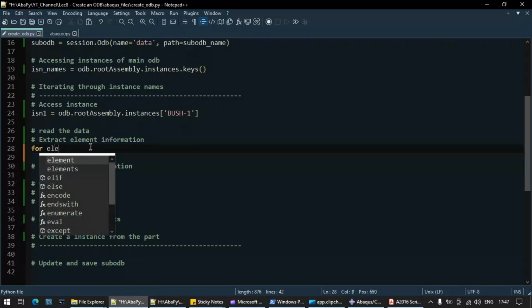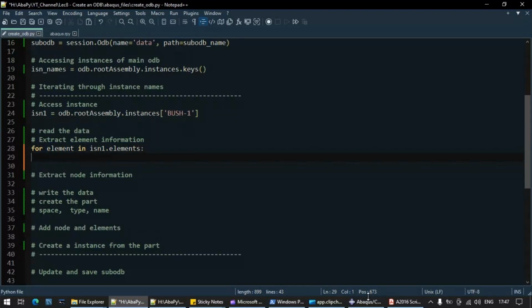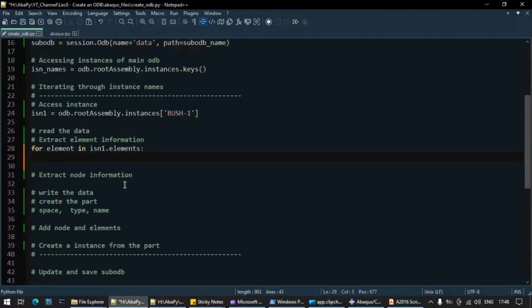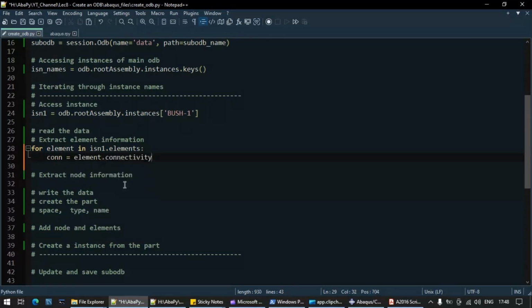So let's write element for element in ISN.element. Okay, then what information do we require? We require connectivity. So how do we write is let's say con, the variable name, then write element, then write connectivity.